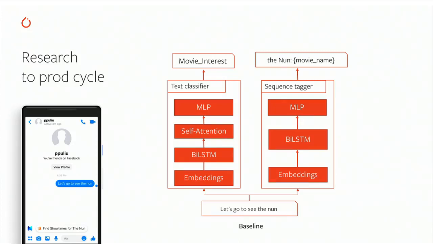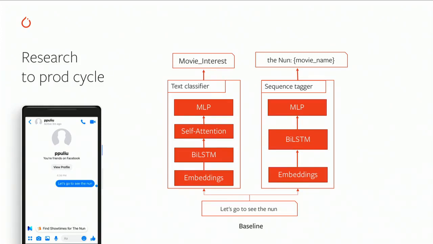Once it understands the user has the intent of booking a movie, it tries to pop up the Fandango widget here in order to make the movie experience faster for the user. And in order to do that, it first needs to understand that the user has the intent of buying a movie. For that, we use a text classifier, a bidirectional LSTM-based text classifier,